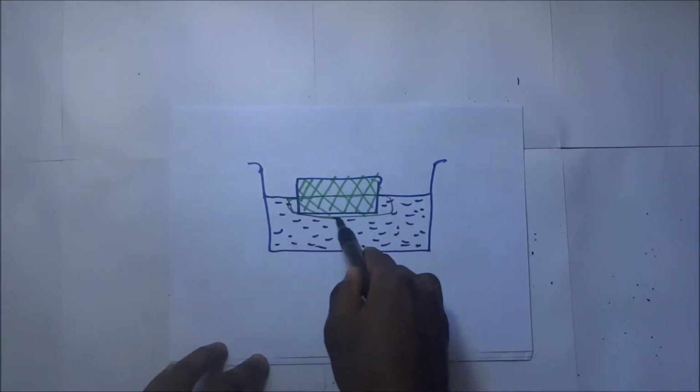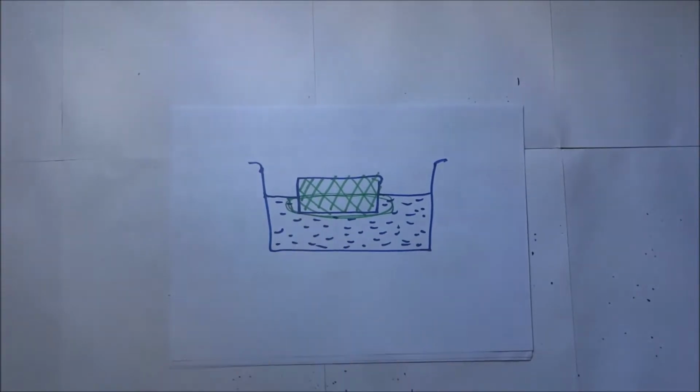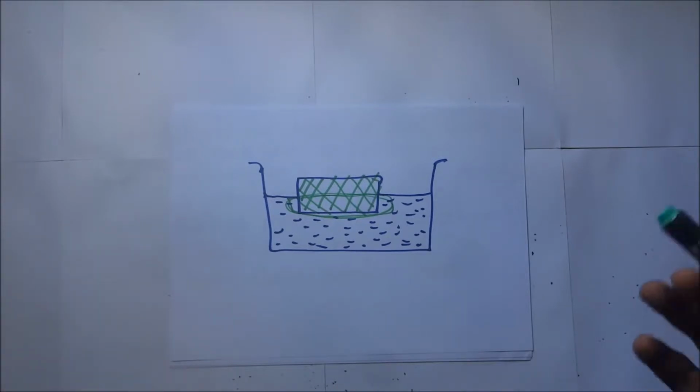So the volume of the body that has been submerged is equal to the volume of the fluid that has been displaced. And of course, the mass of the floating body is equal to the mass of the fluid that has been displaced. So we'll go ahead and do some examples that require us to use the law of flotation